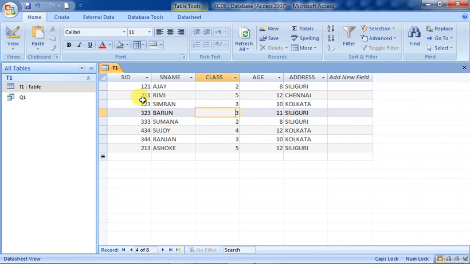So once you have edited, don't forget to press save. Otherwise it will remain as unsaved information. So you always need to do that. Clear, understood? So now if you want to remove any data, go to that record, and then go